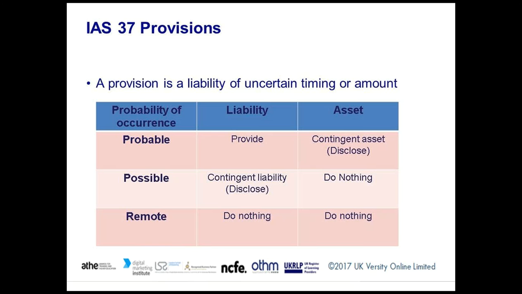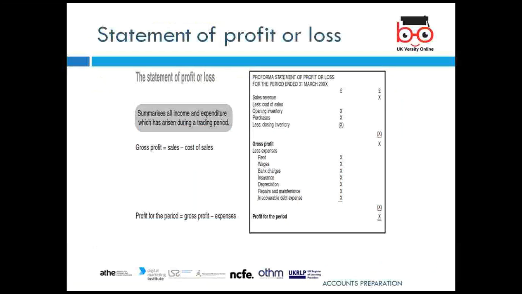Any question here? No, sir. So next we're looking at the statement of profit and loss. How does the statement of profit and loss look? Sales revenue comes at the top, less the cost of sales. What makes up cost of sales? Opening inventory plus purchases less closing inventory equals cost of sales. Gross profit less expenses: if you deduct all other expenses, we get the profit for the year.